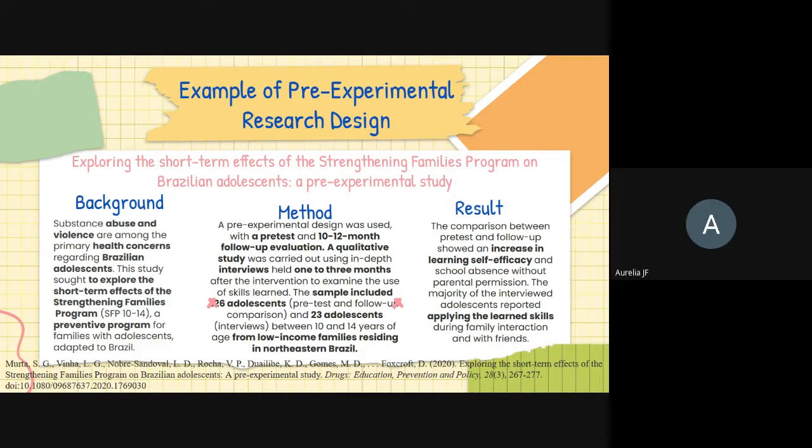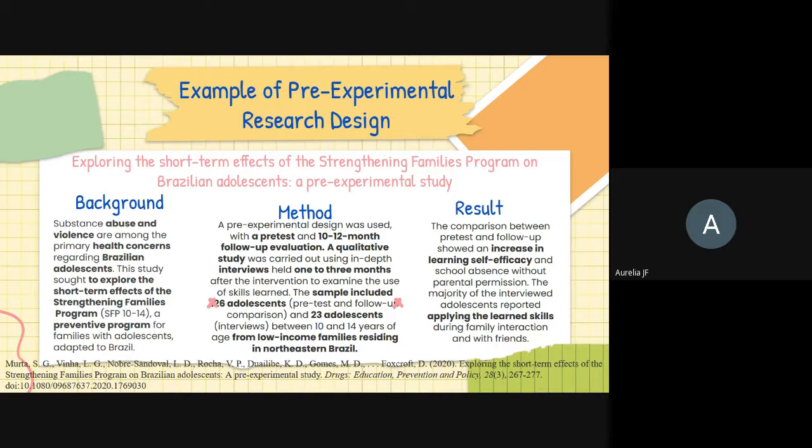So this is an example of pre-experimental research design with the title Exploring the Short-Term Effects of the Strengthening Families Program on Brazilian Adolescents. In the background, abuse and violence among Brazilian adolescents are primary health concerns. Therefore, the study sought to explore the short-term effect of the Strengthening Families Program. For the method, it used pre-tests with 10 to 12 months follow-up evaluations, and it is a qualitative study